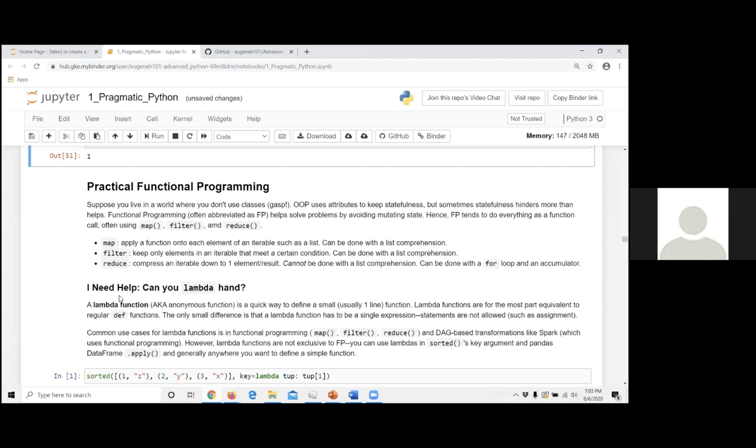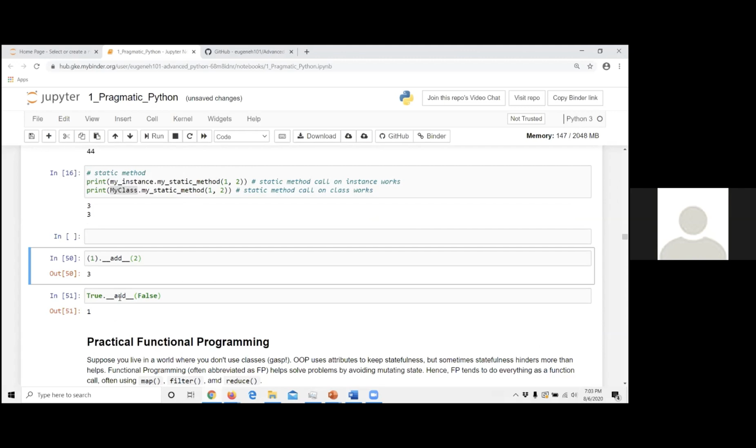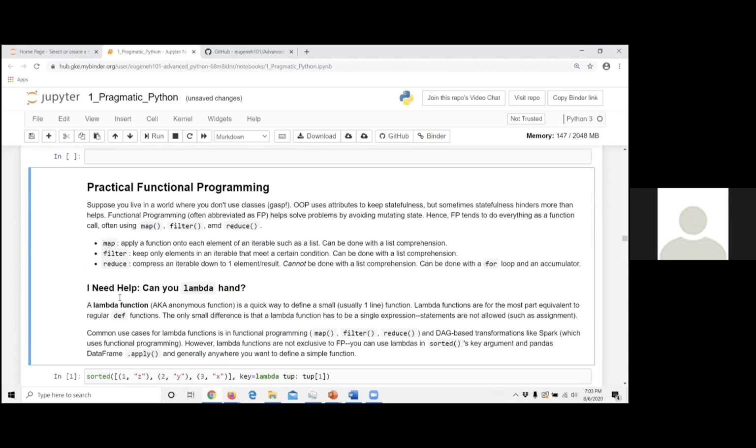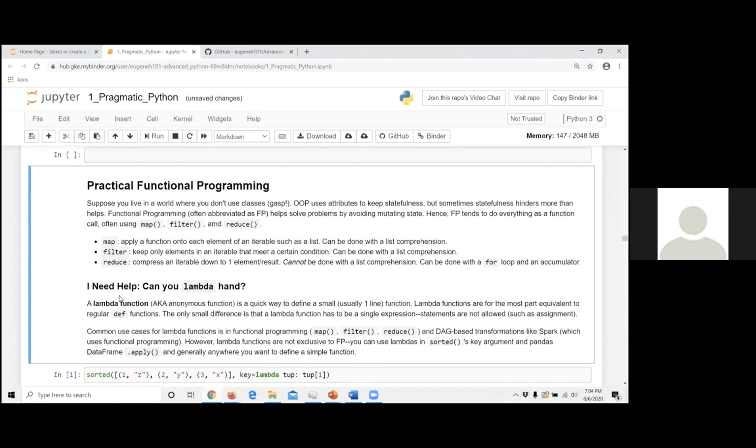I don't want you to touch the instance attributes. I don't want you to touch class attributes and so on. So functional programming style would use primarily map, filter, and reduce. And they don't have for loops. So no classes, no for loops. Oh my gosh, what type of crazy world are we in? Well, we're in the twilight zone. We're in the functional programming zone.